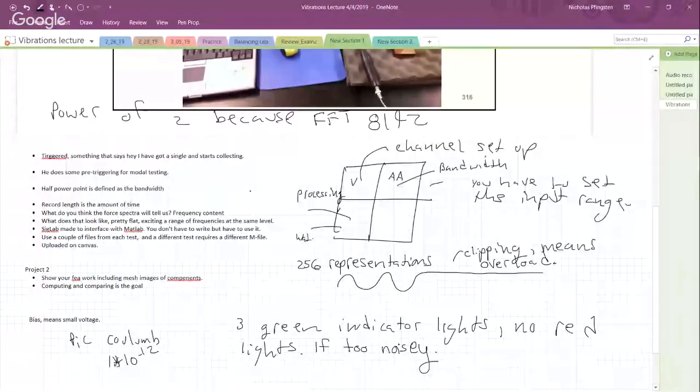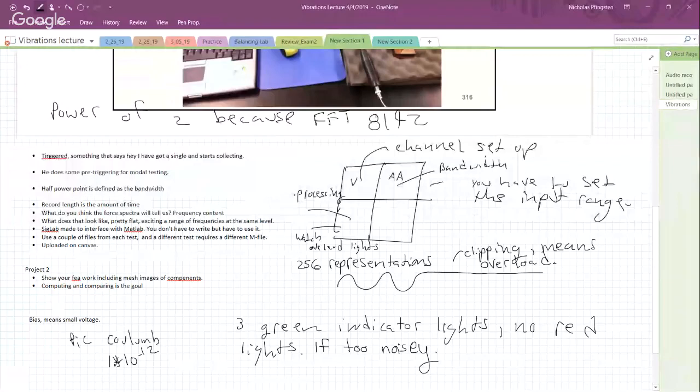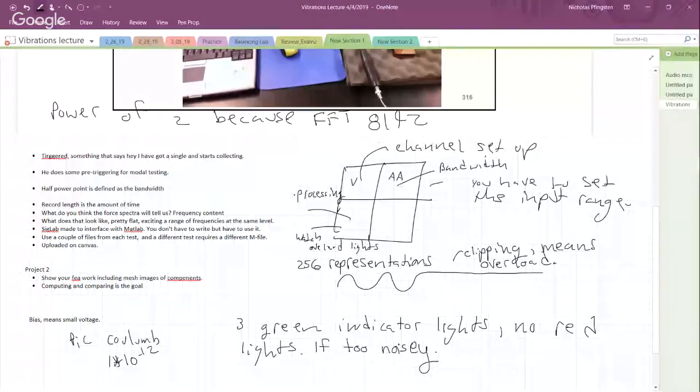And then it uses an F20 exponential 0.1 for my windows. Remember we talked about transient windows for transient effects. The F20 means 20% of my time record is going to get multiplied. The first 20% is going to get multiplied by 1. The remaining 80% of my force input is going to get multiplied by 0. You guys remember that for your force input? The acceleration response is going to get multiplied by an exponential with a decay rate of 0.1. That's what the F20 exponential